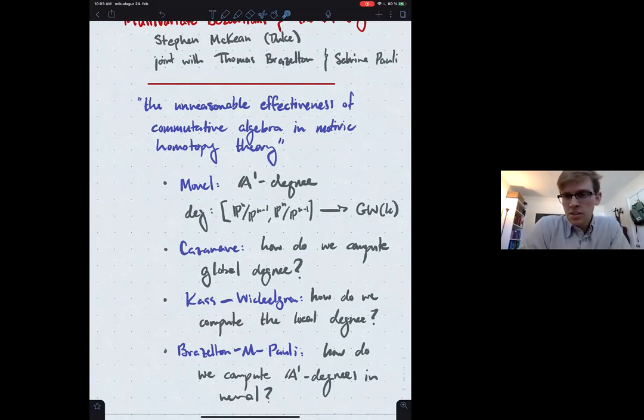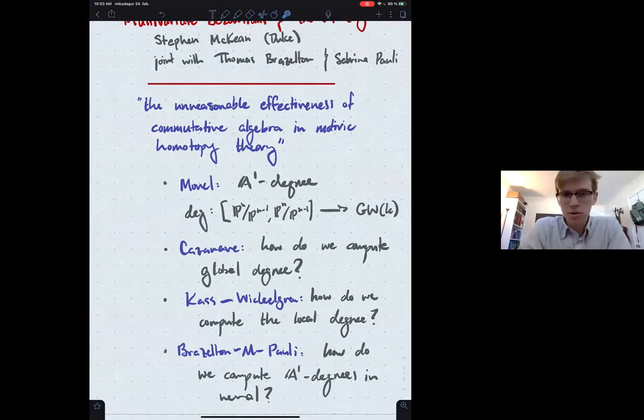Okay, and then the second result that I'll briefly recall is Kazanov's formula for the global degree of an endomorphism of P1. So this is maybe the first step towards actually making the A1-degree computable. It's a nice topological invariant, but if you want to actually work with it, then you want to have formulas you can write down and either tell a computer or a mathematician like me to compute. So that'll be the second thing we talk about.